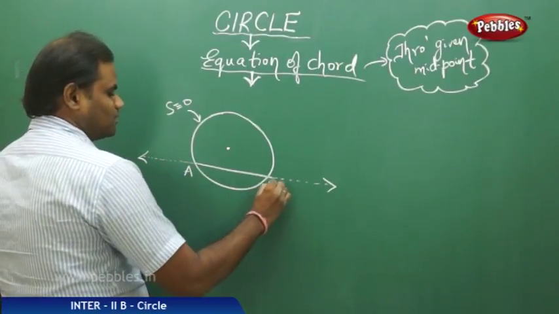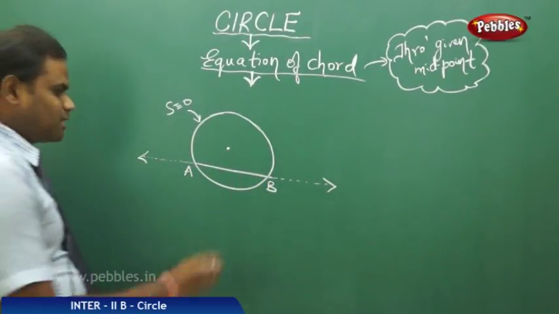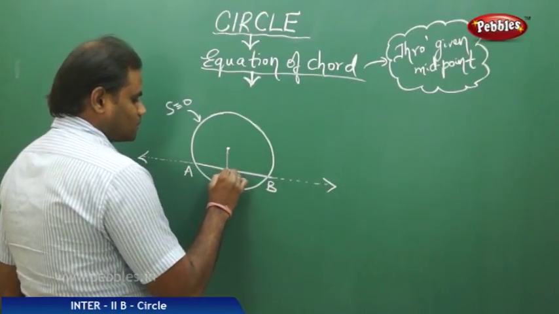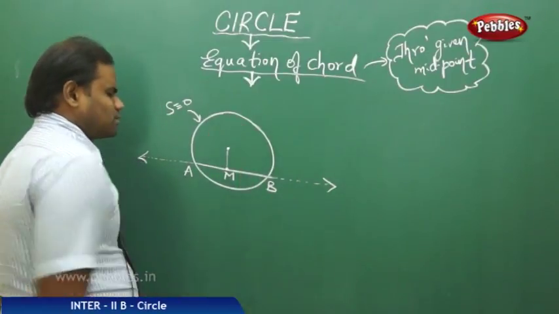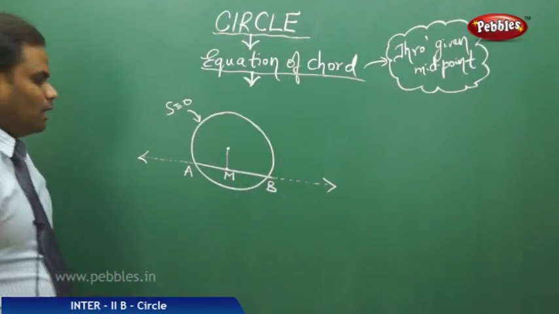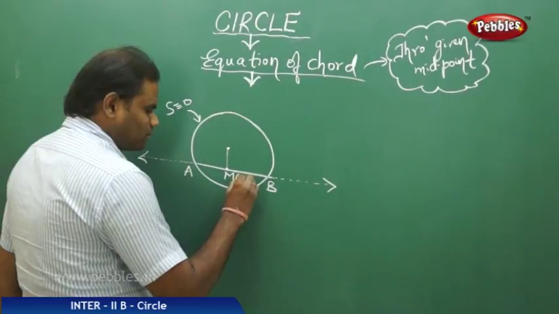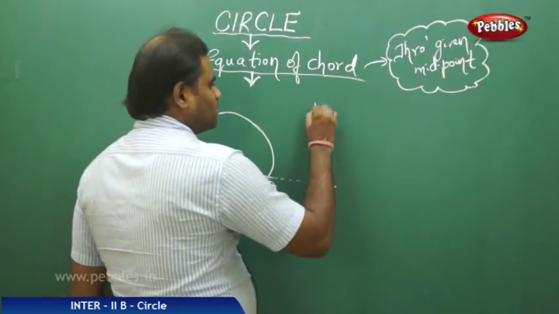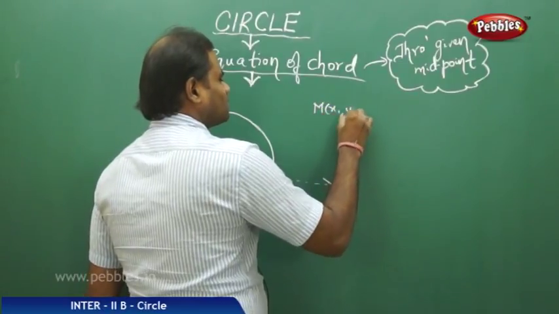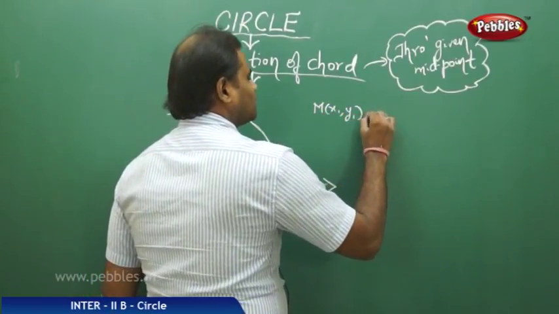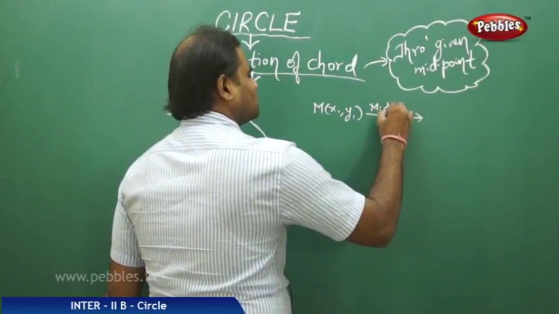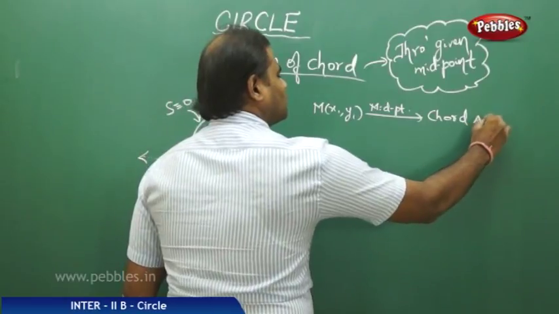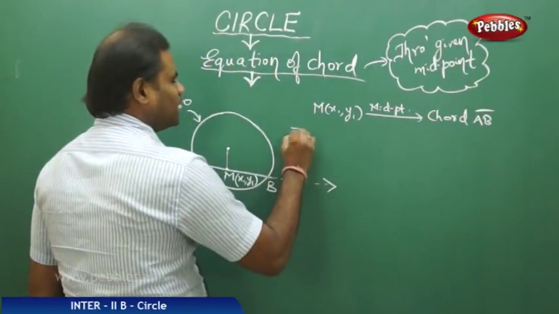It intersects the circle at A and B, and let me say this is the midpoint of the chord AB, and let the coordinates of the midpoint be (x1, y1). So if M is the midpoint of chord AB, that implies